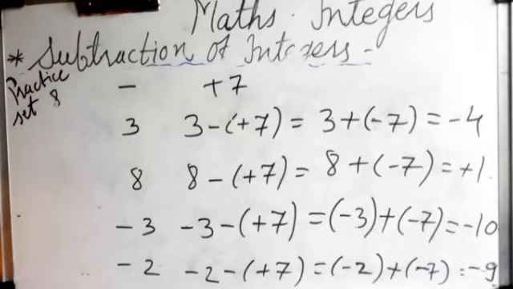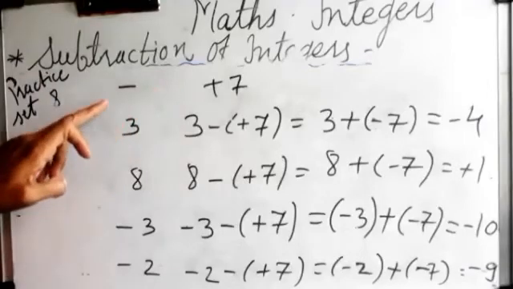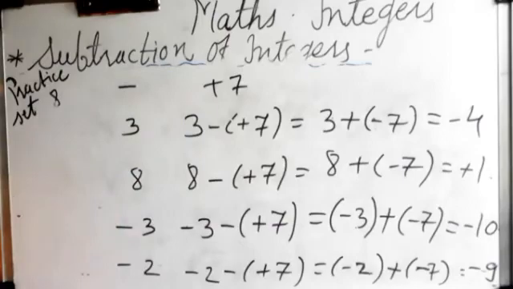Then only two columns remain, that is minus 8 and minus 3. So this minus 8 and minus 3 will be homework for you. Now I had solved 1, 2, 3, 4, 5, 6 columns for you. Now only 2 remain, minus 8 and minus 3. So instead of plus 7, you have to write here minus 8. And then same, 3 minus minus 8, 8 minus minus 8, minus 3 minus minus 8. You have to solve, okay. And same for the minus 3 also, you have to solve. As it is for minus 4 we had solved already.